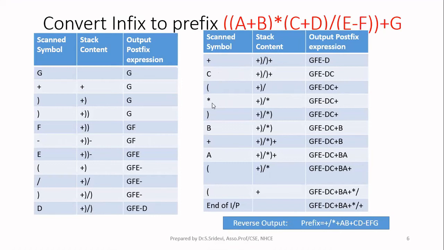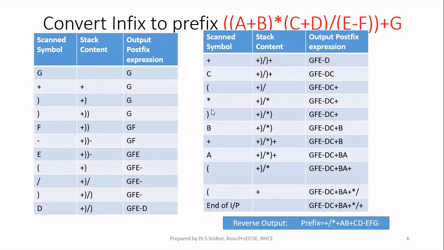And the next character scanned is multiply. So now we have multiply, but on the top of the stack, we have divide. Both are having the same precedence. When the precedence of both the operators are same, check for the associativity. Here associativity is left to right. If your associativity is left to right, in case of prefix, stack is having lower priority than the input symbol. That means this divide is having lower priority than this multiply. So you can push multiply onto the stack now. So I am pushing it.